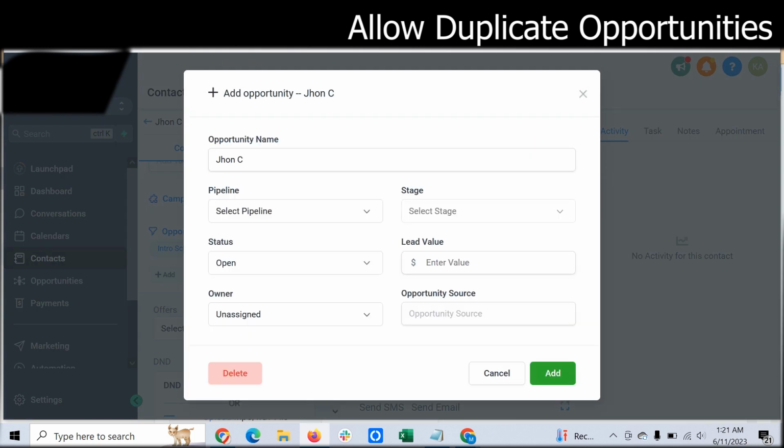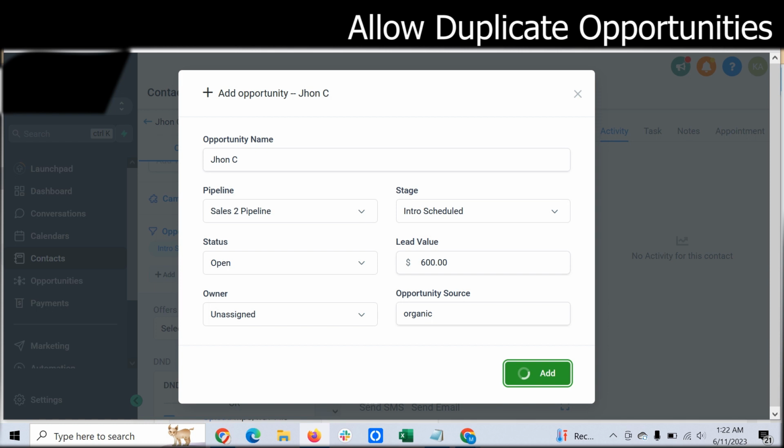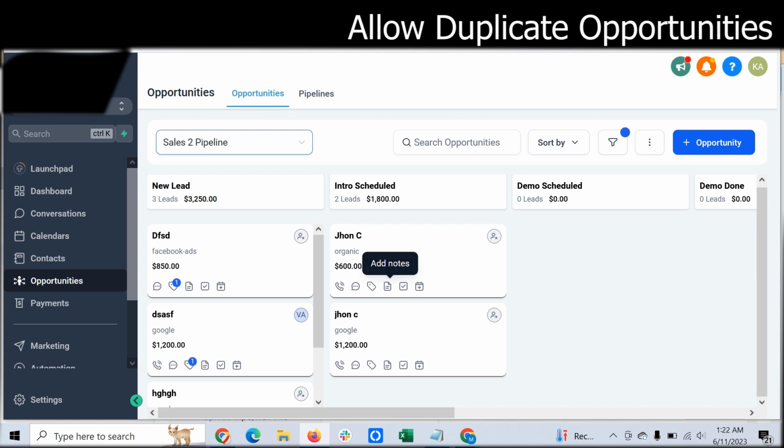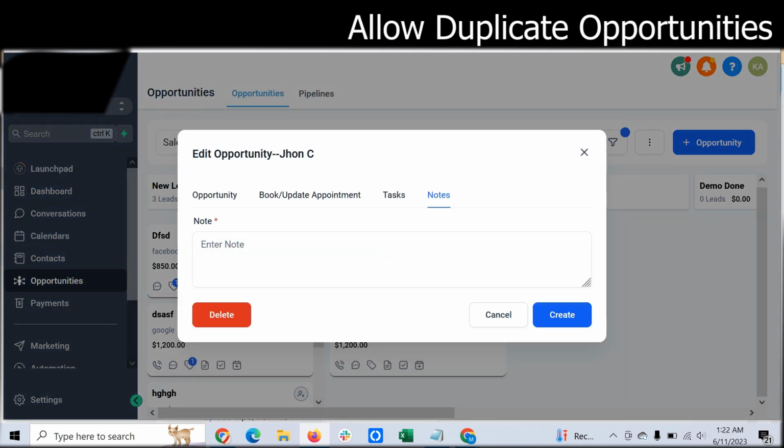We can do it in the sales pipeline, and even in the same stage. This time lead value is $600 and source is organic and status open. Now since we have allowed duplicates, it shows the same customer in the same pipeline, but twice. Here you can add a note like deal done on